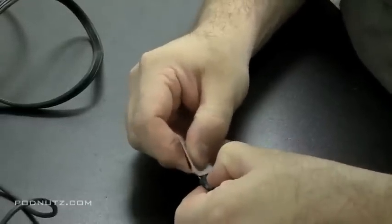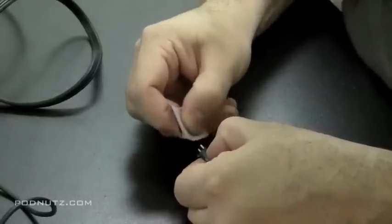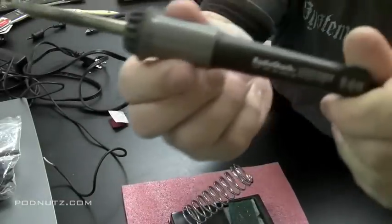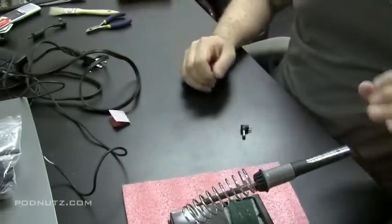Right now I'm going to sand the leads that go into that adapter plug. See, that adapter plug is meant to be plugged into another adapter. And it gets really expensive at Radio Shack when you start buying adapter upon adapter. So sometimes I like to solder the leads for the power adapter directly to the leads on the adapter plug. But since they aren't meant for solder,